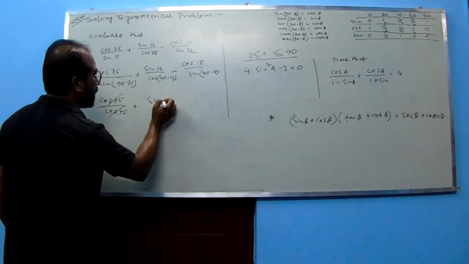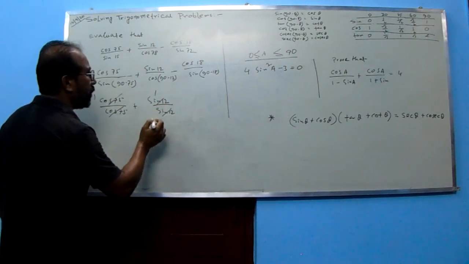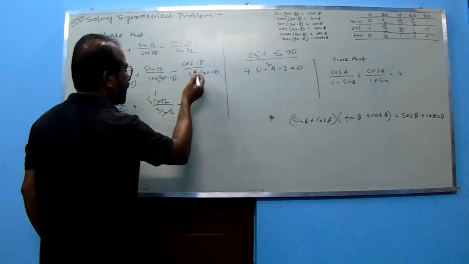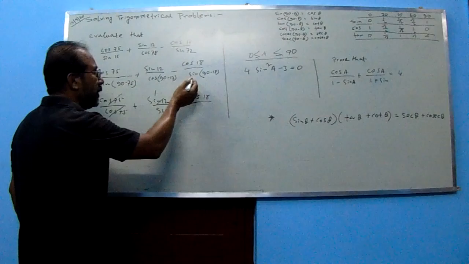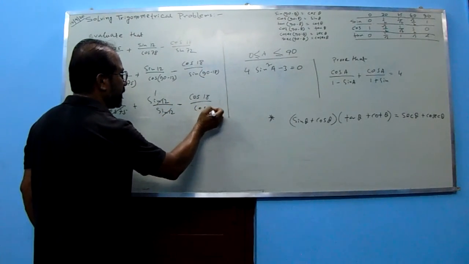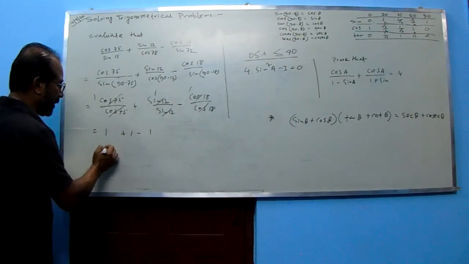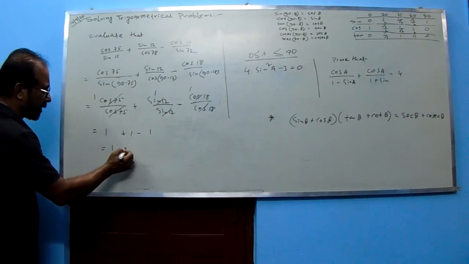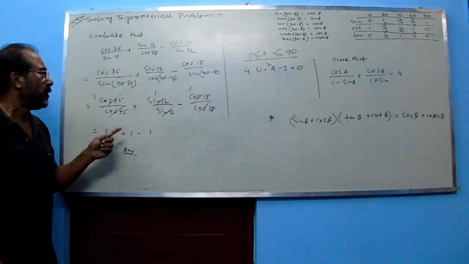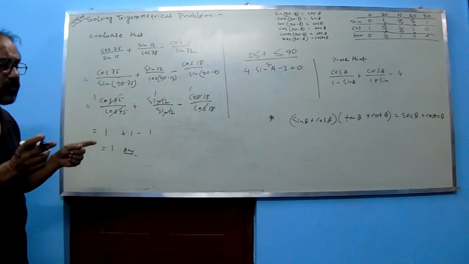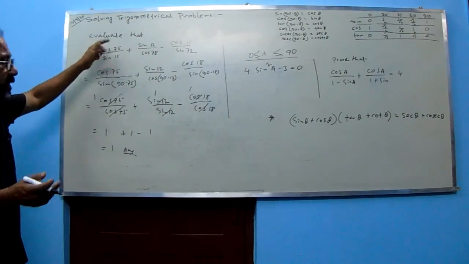It is also the same like that. Cos 90 minus theta is sine 12, so it is also gone, 1 minus cos 18 by sine 18. It is also cos 18 divided by sine 90 minus theta, which is cos 18. So it is also gone. Ultimately 1 plus 1 minus 1, so it is 2 minus 1, and 1 will be the result. This type of math comes in the board exam. Before doing this type of math, you must check that two angles, once added, should come as 90.